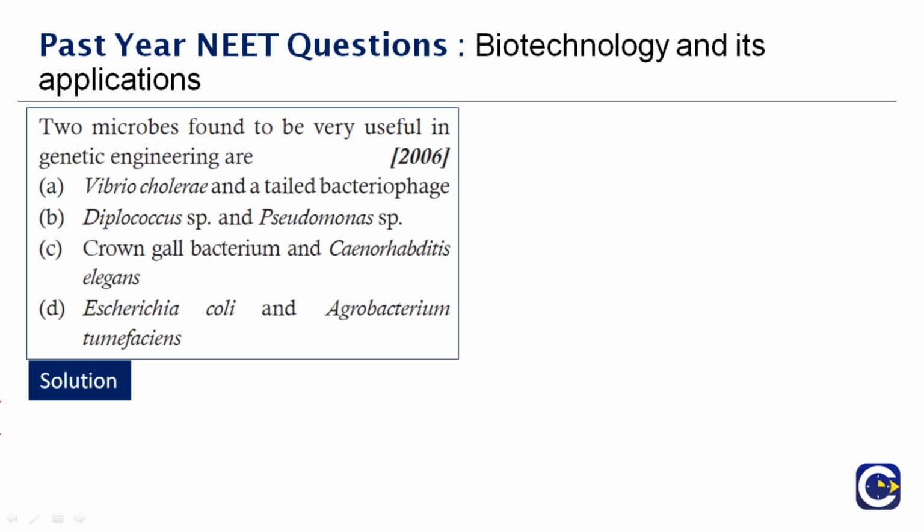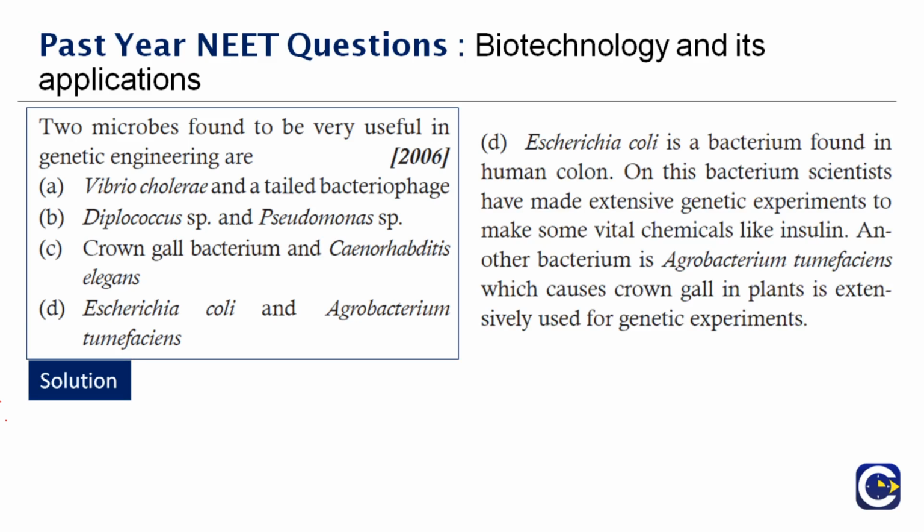Now, if you look at E. coli, it's a human intestine organism. It's actually a coliform, a gram-negative bacterium, and of course you have advantages and disadvantages also. It's a motile bacterium. It has flagella in its body. And Agrobacterium tumefaciens, you know, it causes tumors in plants, the root nodules, all that is associated with this. So the two microbes which are very profoundly used in genetic engineering are in option D: Escherichia coli, often called E. coli, and Agrobacterium tumefaciens, which is associated with crown gall in plants. Therefore, the right answer is option D.